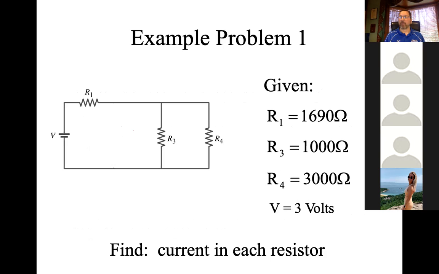I've drawn a circuit, and you notice here, it's a lot like that capacitor circuit. I have a single resistor R1 right here. There used to be another resistor R2 right here, but the first step would be just to combine them in series, and so I'm not going to do that. And then I have two resistors right here that are in parallel. This should look a lot like that problem I did with capacitors at the start of the hour, only with R3 and R4 instead of capacitors in those places. The battery voltage here is given as 3 volts, and our task is going to be to find the current in each resistor. Okay, and so I'm going to jump out of this and get back to my tablet, so I can draw things, and that'll just take me a second to do.